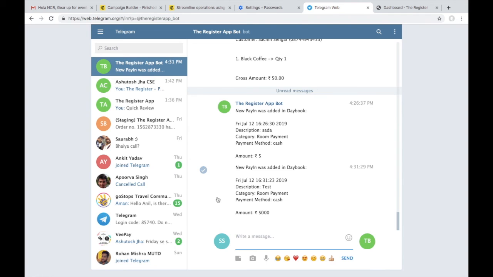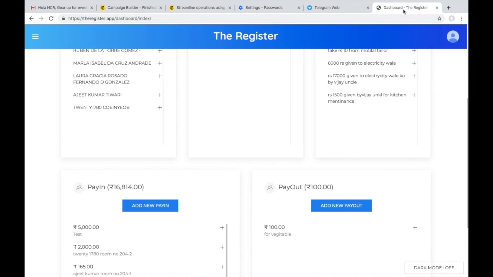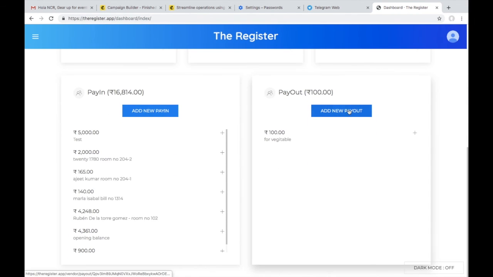So if you are a business owner and you are not at the premises of your property, or if you're somewhere else, or if you're traveling, you will always get to know how much money is coming in and how much money is going out of your galla on a daily basis. Similarly, you can also do a payout entry, and in that case as well, there will be a Telegram notification that will